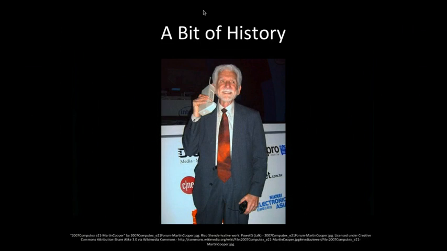But mobile as we know it really started with this guy. This is Martin Cooper, a researcher and an executive at Motorola, and he's the guy who made the first mobile telephone call from a handheld piece of equipment way back in April 1973. So a while ago, but not that long ago, let's be perfectly honest. Just over 30 years ago. Motorola was the first company that produced a handheld mobile phone. But in that 30 years, we've come a very, very long way.